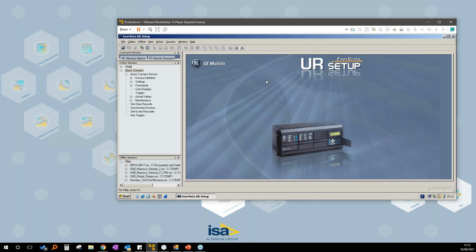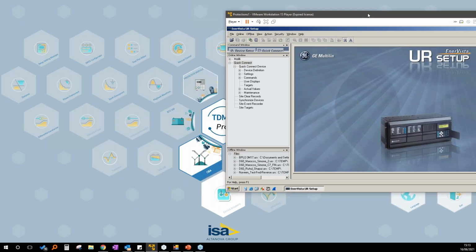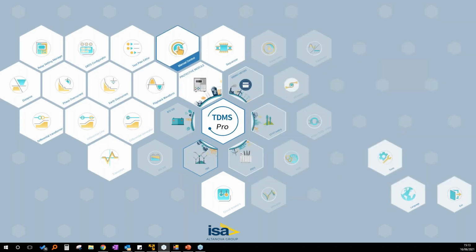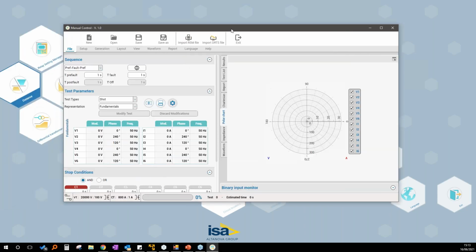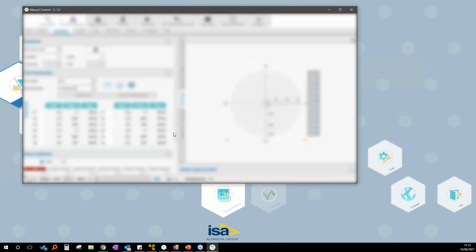So what I'm going to do is to use manual control that gives me the possibility to play with the currents. It is in here. I'm going to connect the software.